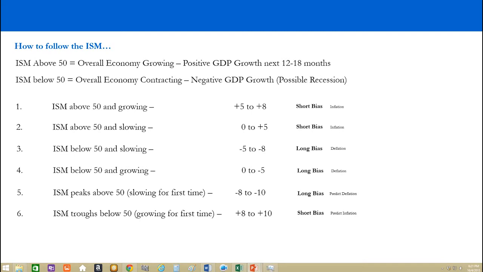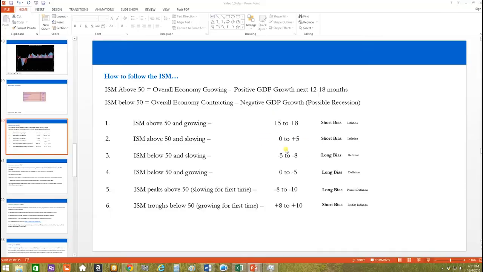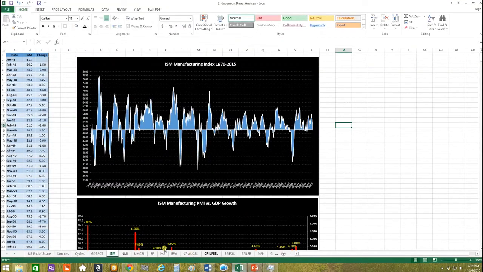So we're going to have to score this quite highly, in the +5 to +8 range. But for the ISM, we've got a situation where it's been slowing down for quite a while, and it's quite a low rate historically, but it's above 50, so around 51, 52. So we need to be scoring this around here, and taken together we end up with a situation in our scorecard